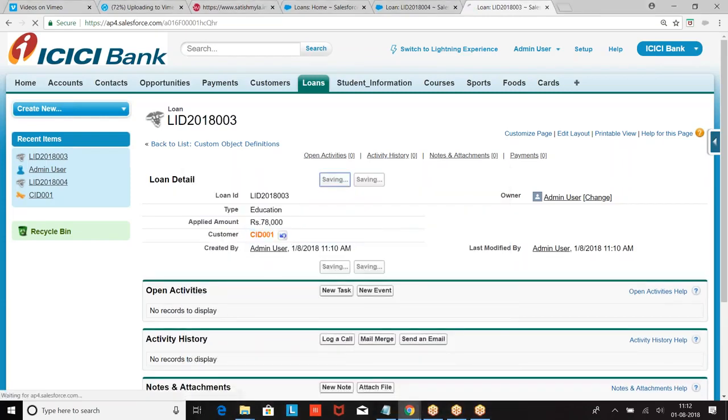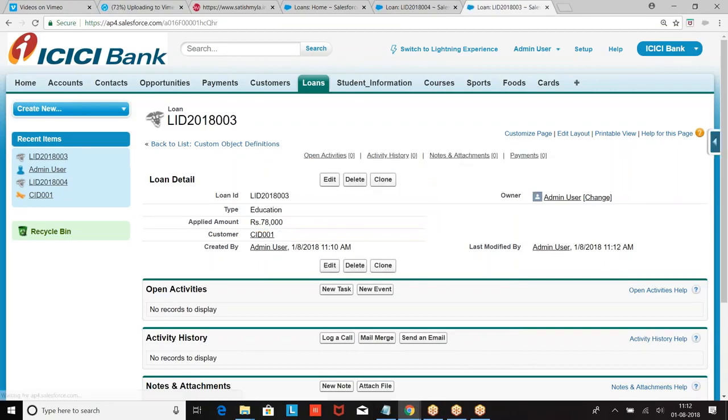Then in that case, what should I do? I will go for ETL tools like Data Loader, Wizard, Dell Boomi, Informatica. Salesforce has recently brought a new product called MuleSoft, right? Jitterbit. These types of third-party ETL tools are there, using which I can update the data in a single click.